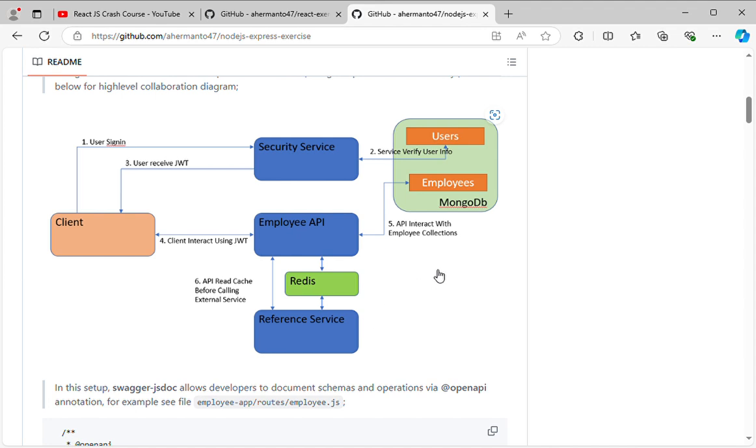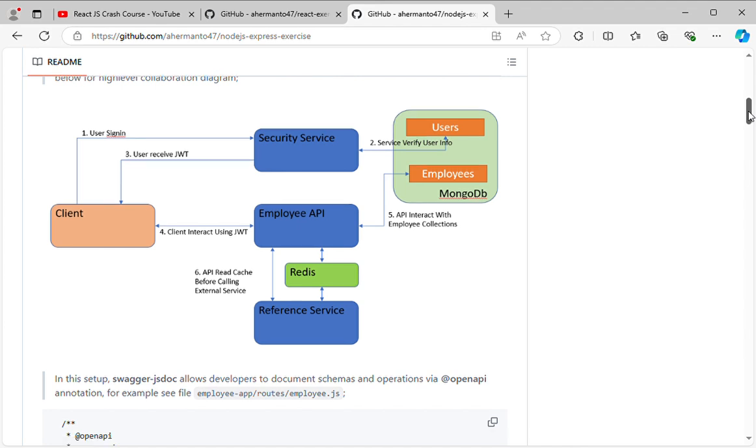So yeah, this is what I want to cover for today's video. Let me know if you have any questions. And I'm wondering if ChatGPT can come up with this kind of solution architecture. If you do, please comment below. And if it does, maybe it's a good idea for another video I can do in the future.